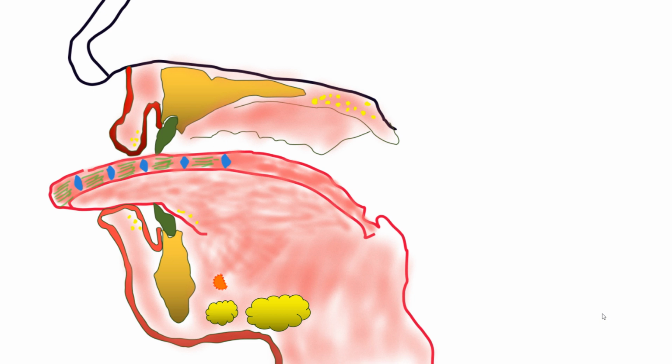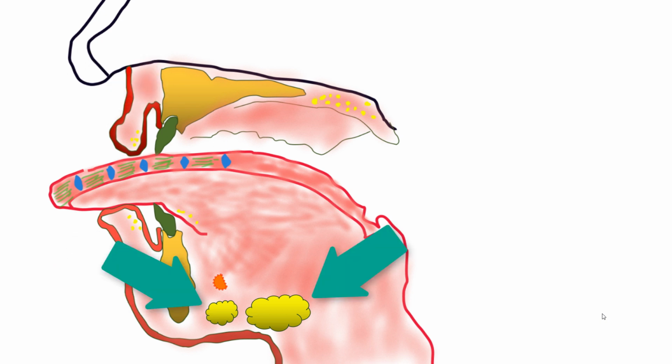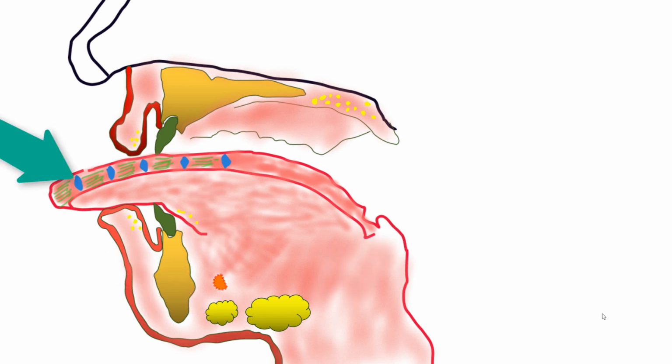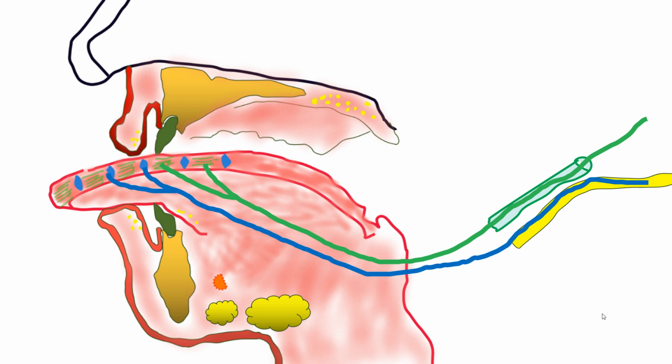For orientation, here are the lips, here are the upper and lower jaws, the submandibular and sublingual glands with the ganglion above, and here is the tongue with the taste buds within the epithelium of the fungiform papillae. And notice that they are limited to the anterior 2/3 of the tongue. The posterior 1/3 is basically taken care of by the glossopharyngeal nerve. Here are our nerves, the lingual nerve going to the epithelium and the chorda tympani to the fungiform papillae taste buds. And here are the salivary autonomics for the secretomotor function.